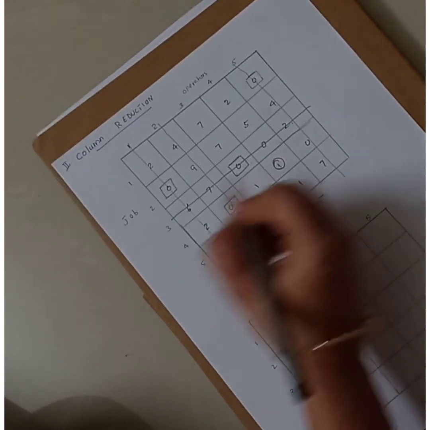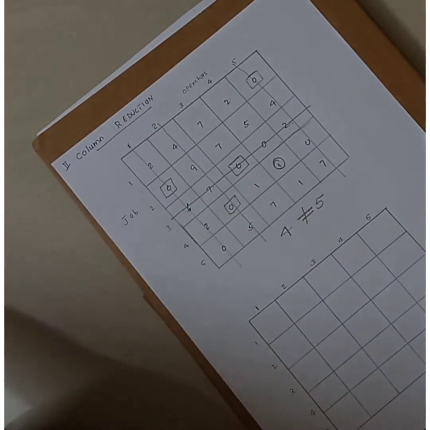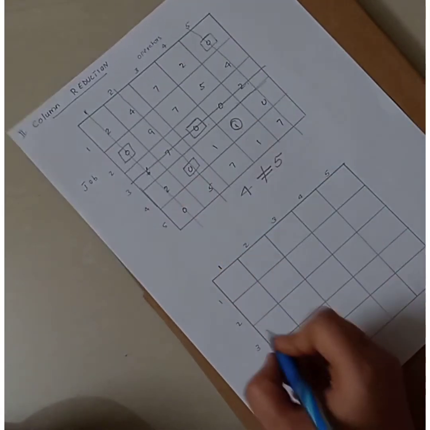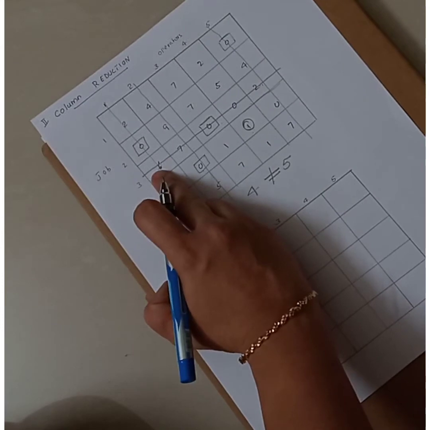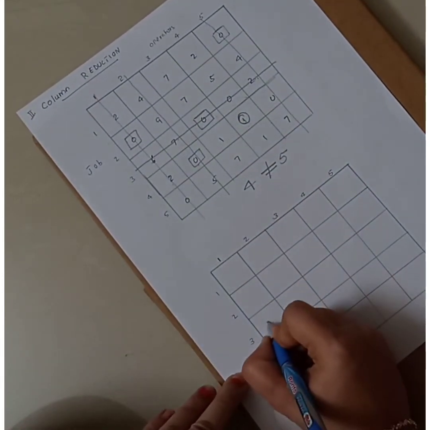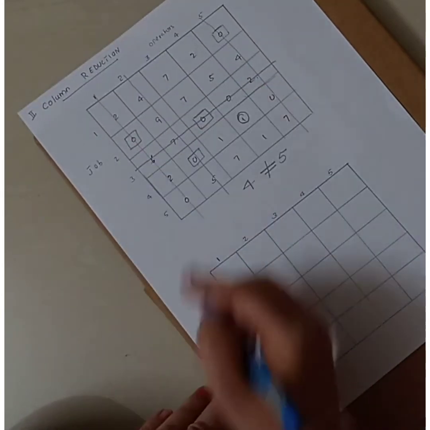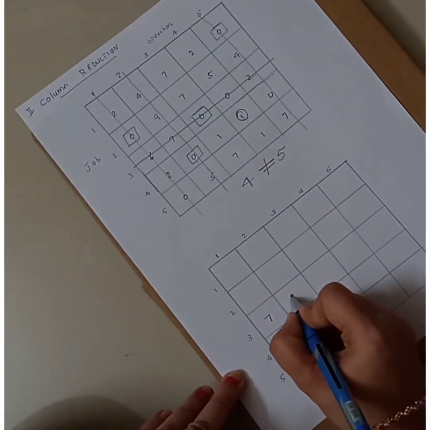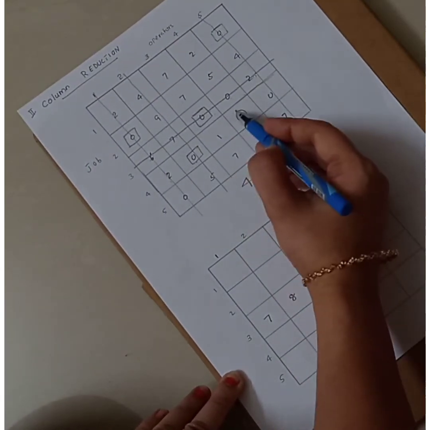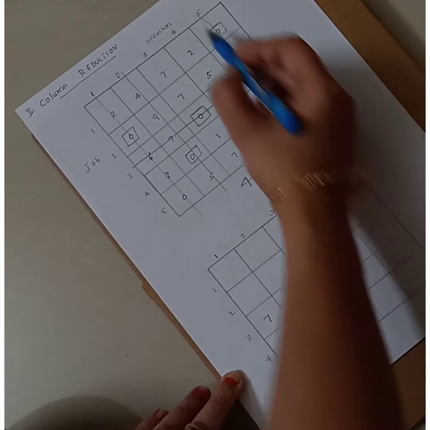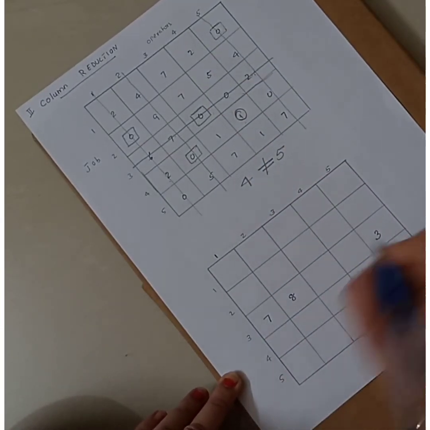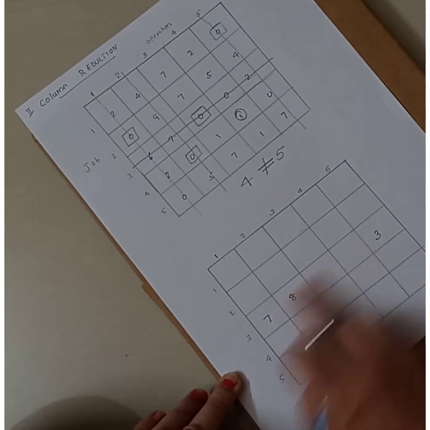So when 1 is added to 6, what does that become? 6 becomes 7, right? This is in the third row and first column. So 6 becomes 7 because 6 plus 1 is 7. Then 7 plus 1 is 8, correct? And then 2 plus 1 is 3. And where is 2 falling? 2 is in the third row and fifth column, so 2 will become 3. So I have to write it in my new matrix. These are the new 3 values.